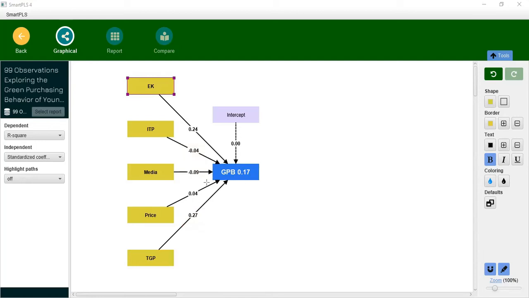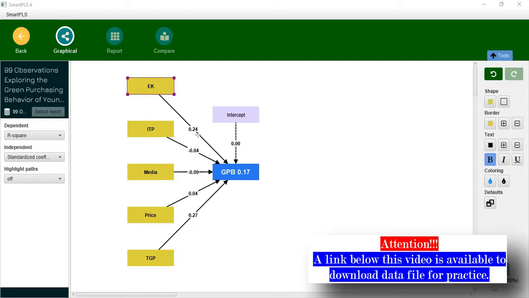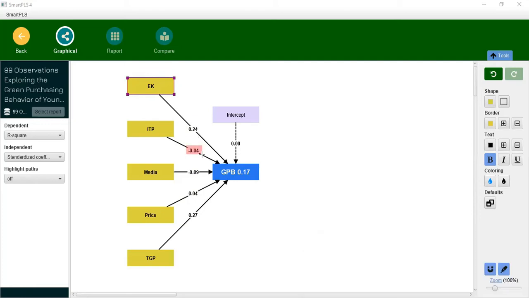Okay, so now if you look more, this means out of the 5, 2 have a negative relationship with the dependent variable, while 3 have a positive relationship with the dependent variable. Normally we write in our hypothesis that there is a positive and significant relationship between the dependent variable and the independent variable. We know through this negative sign and this positive sign whatever relation is there. So in this case positive, in this case negative, but we do not know whether that is